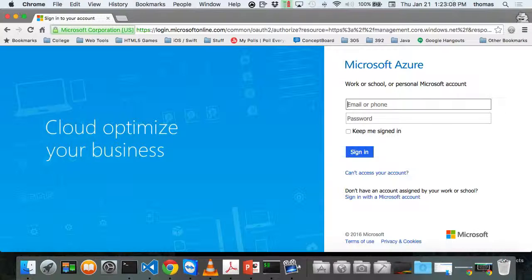So step 1, get an Outlook account or a Hotmail account. Step 2, go through DreamSpark and sign up as a student. Step 3, log in after you get verified. There's a verification process, some verification emails that are going to be sent to you. And a lot of times you have to have a mobile phone. Does someone not have one of these? I had one.